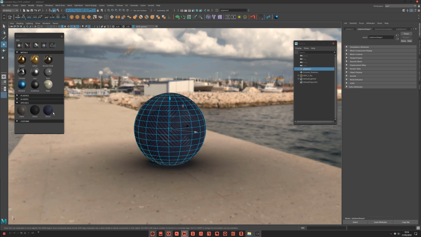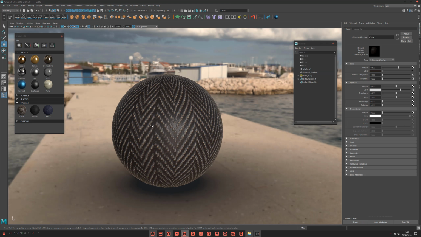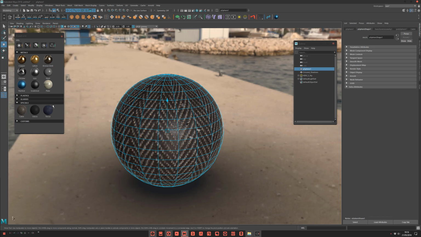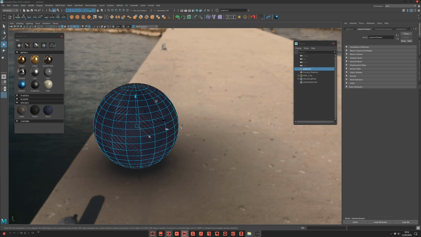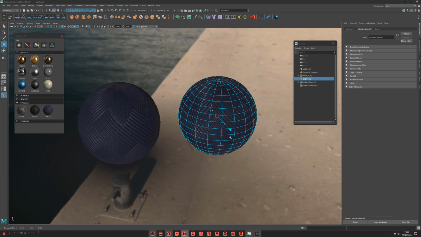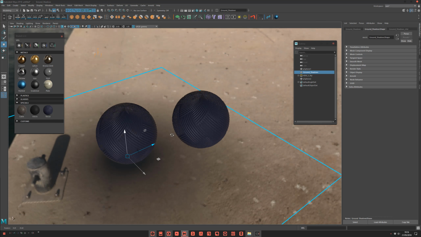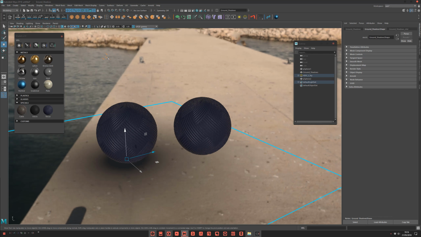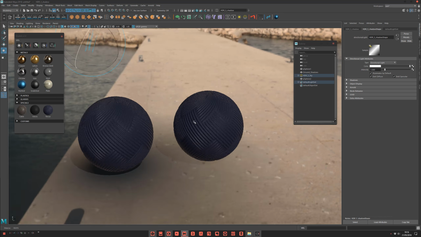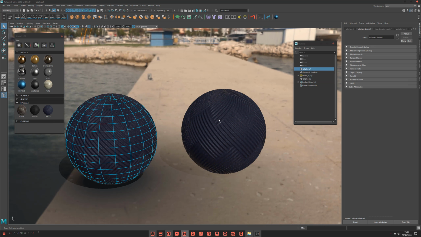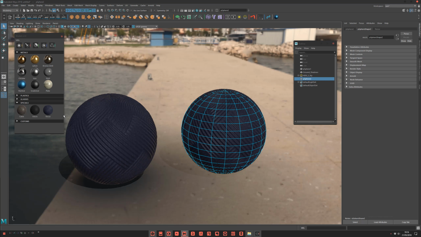As always, if you click here, you just assign the existing material. But for example, for those who don't know Shadeit, I'm just going to duplicate my sphere. Let's make the ground for the shadow. Where is my light? And yes, here I am on the same one, because I just duplicated and assigned the same one.